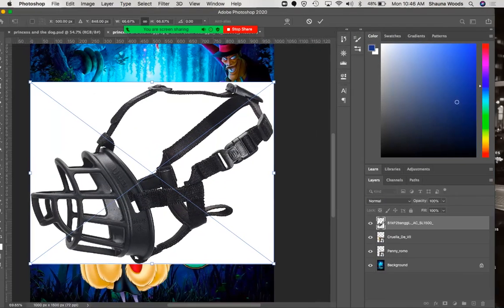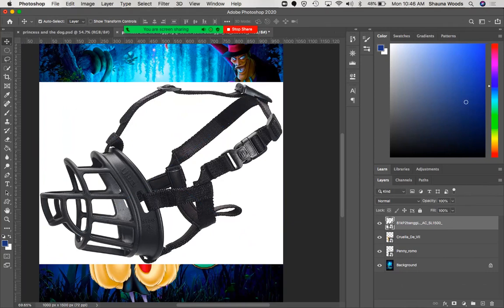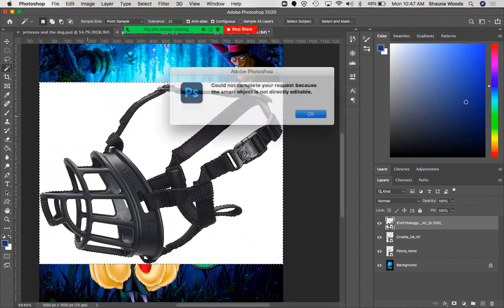So I have this picture of a muzzle, right? I'm going to press enter to place the picture. And for this image, because it has a white background, I'm just going to use the magic wand. It should work if I just click the white background.